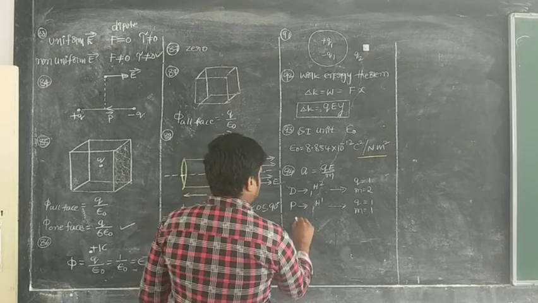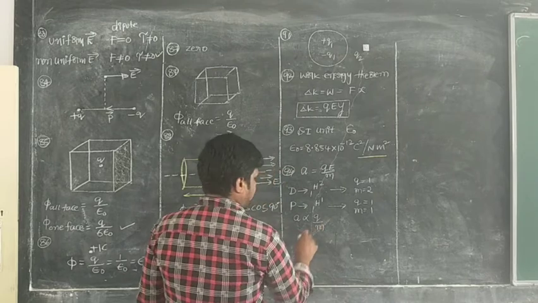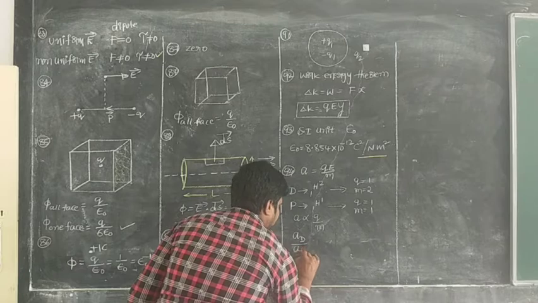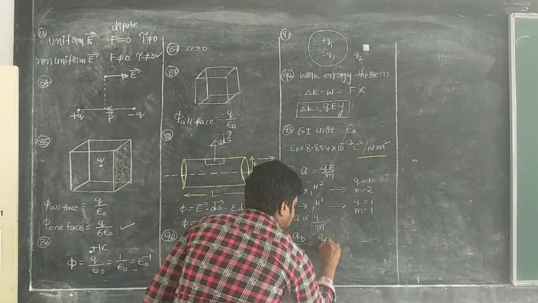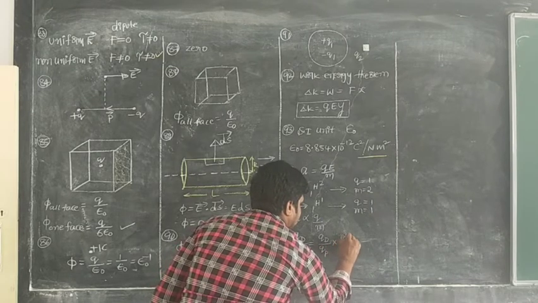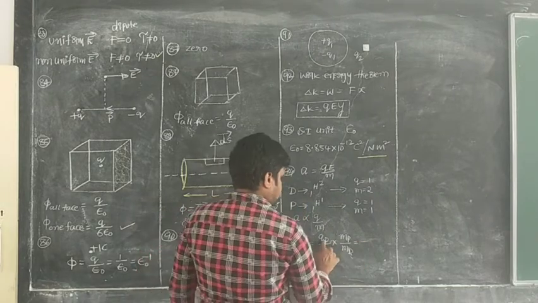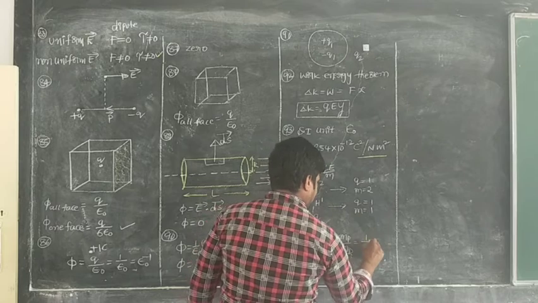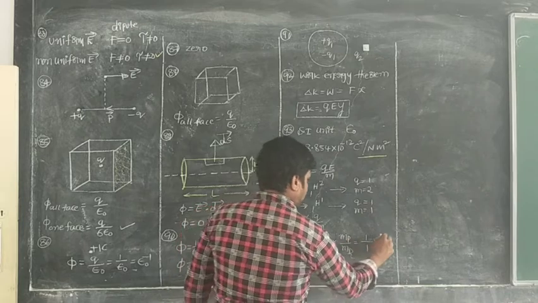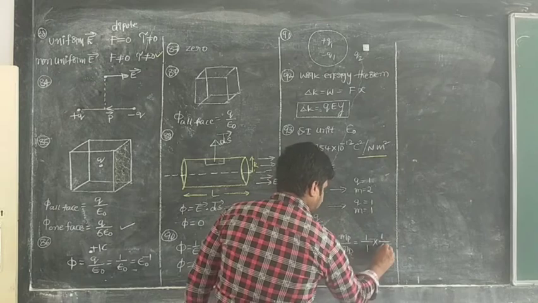So mass also 1. You see here acceleration A is proportional to Q and inversely proportional to M. Acceleration of the deuteron divided by acceleration of the proton is equal to, we can write, charge of the deuteron divided by charge of the proton into mass of the proton divided by mass of the deuteron, inversely proportional. Right? Charge of the deuteron 1 divided by charge of the proton is nothing but 1, into mass of the proton 1 divided by mass of the deuteron 2.